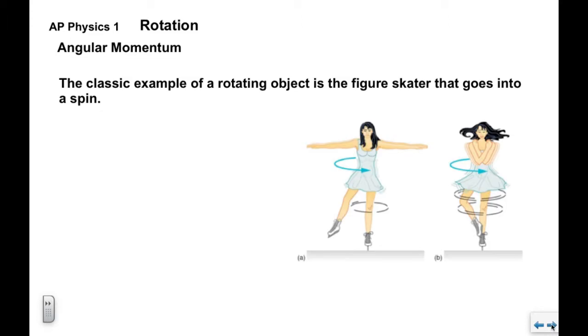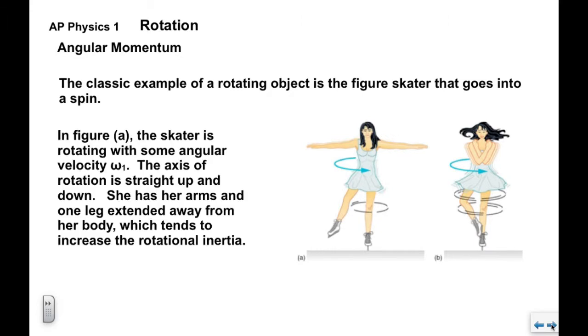Now, the classic example of a rotating object that has angular momentum is a figure skater who goes into a spin. So in figure A, the skater typically goes into the spin with her arms out, usually one leg extended away from the rotation axis. This tends to maximize the rotational inertia of the skater. So when she goes into the spin, she has some angular momentum, I times omega,